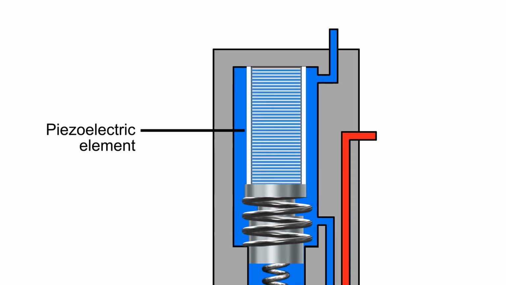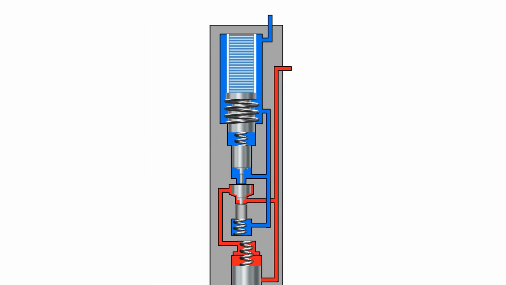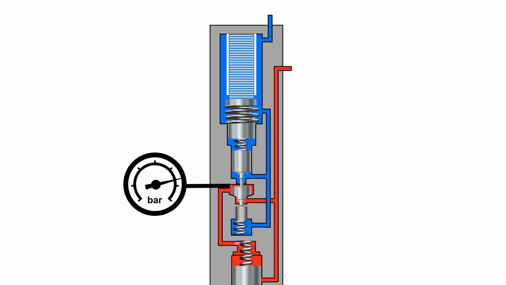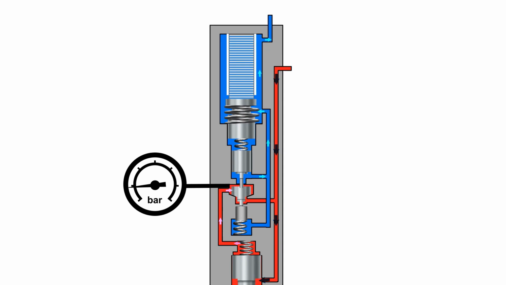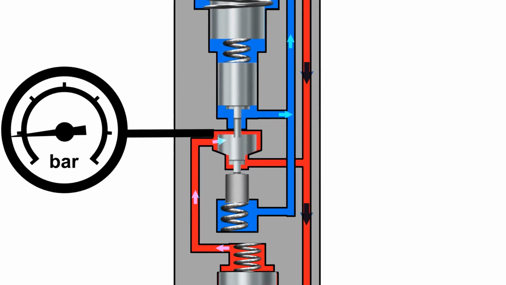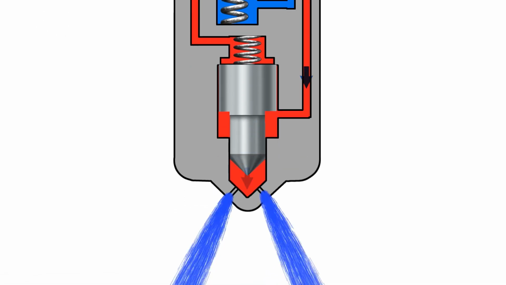with the addition of a piezoelectric element which contains many hundreds of piezoelectric discs. A high voltage and current is required to cause the piezoelectric stack to expand or contract. The valve is operated by the piezoelectric stack, allowing the fuel above the needle out of the return line. This reduction in pressure allows the needle to lift against the return spring force. Fuel can now flow out of the nozzle holes. When the opposite current is applied to the stack, the control valve will be closed. This will allow pressure to build up above the needle, and this combined with the return spring force will reseat